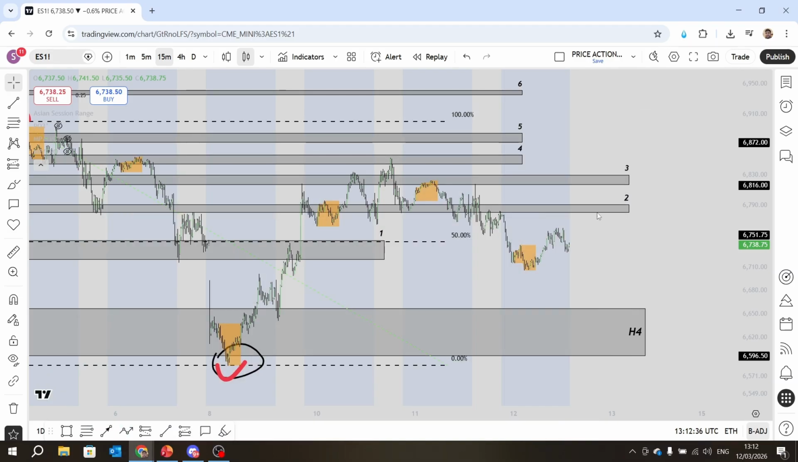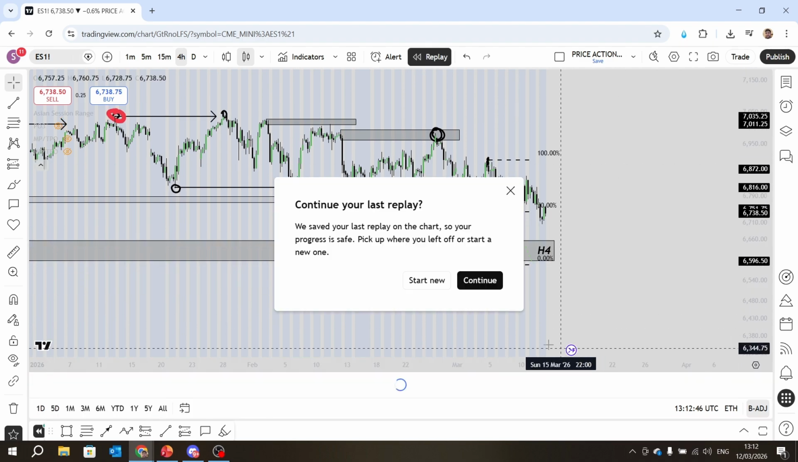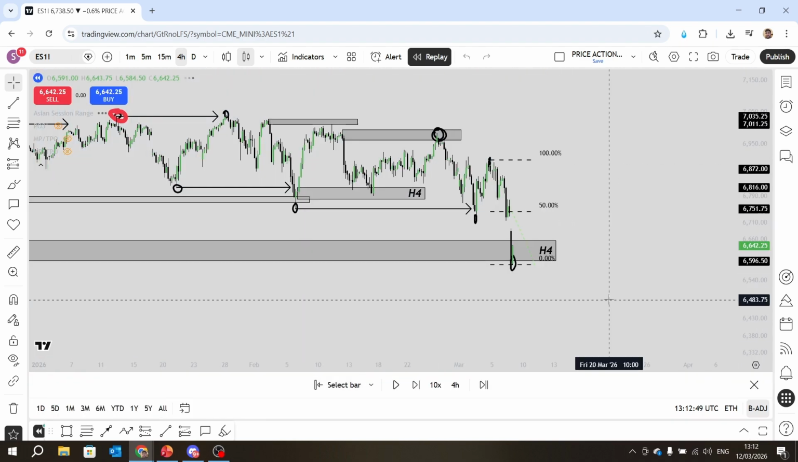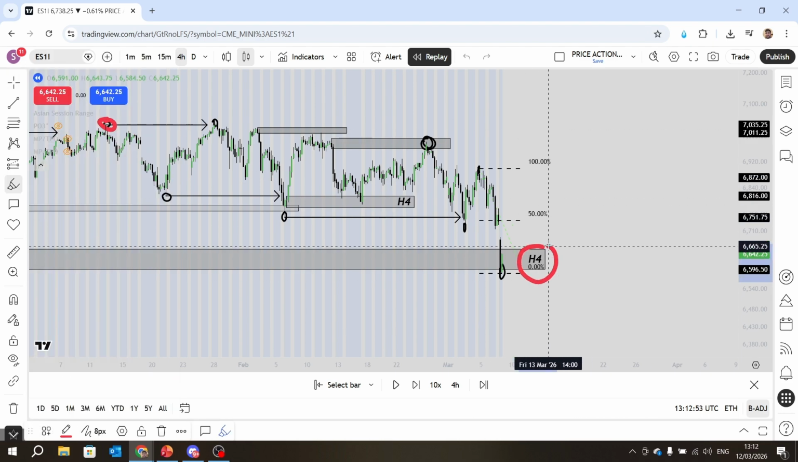No, there isn't. So if you go back to Monday, for example, Monday we had this 4 hour zone. For those who saw on Sunday night when I updated, I was actually looking at this 4 hour zone. This 4 hour zone was very important. Now, how did I predict price was going to come here? So if you go back to Monday,